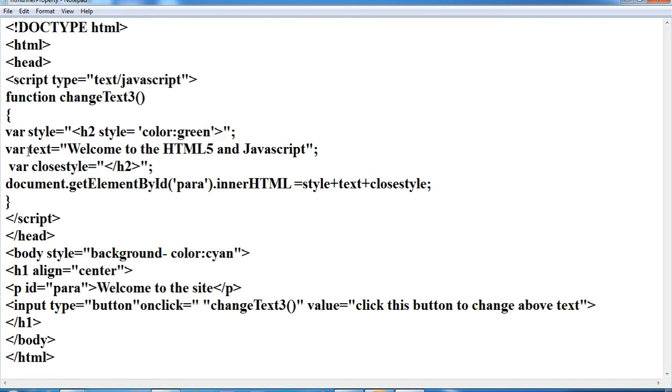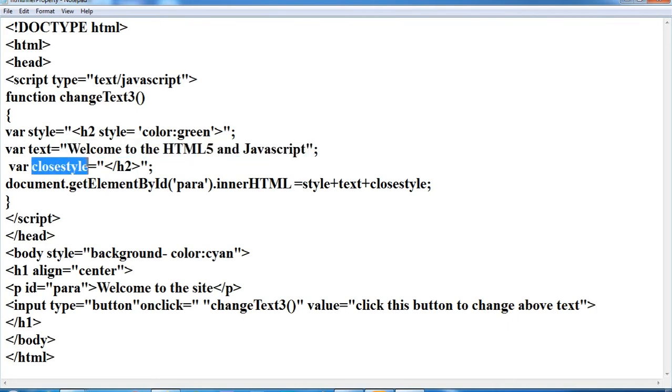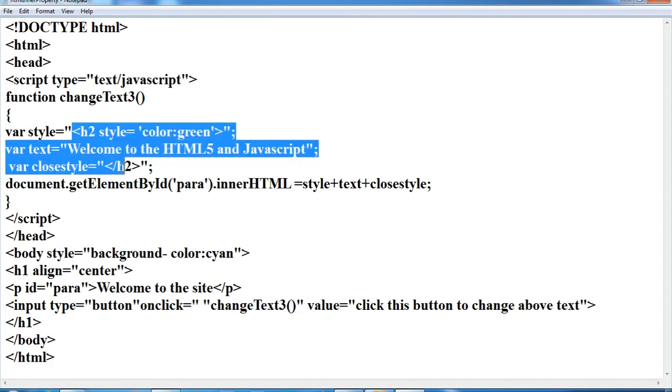I am taking another variable, text, because I want to change this text to Welcome to HTML5 and JavaScript. And close style is the closing h2 tag here.